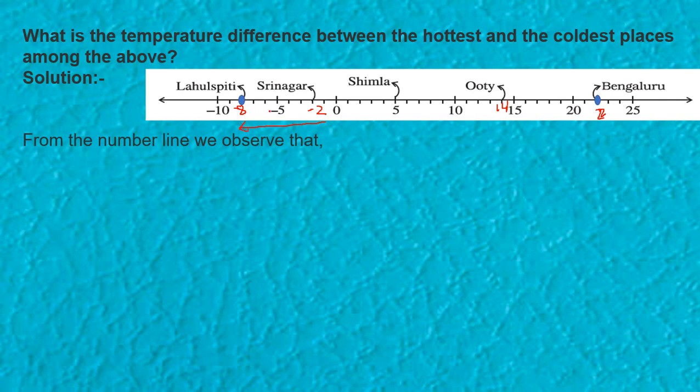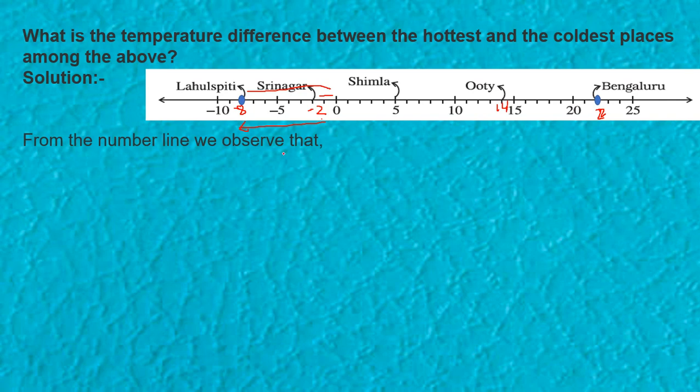So -8 and -2 are both smaller numbers, but between these two, the smallest number is -8, as this shows on the number line in the negative direction, and it is farther away from 0 compared to -2. -2 is nearest to 0, but -8 is far away from 0.